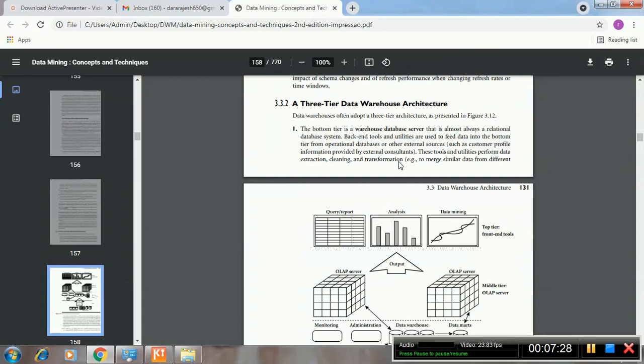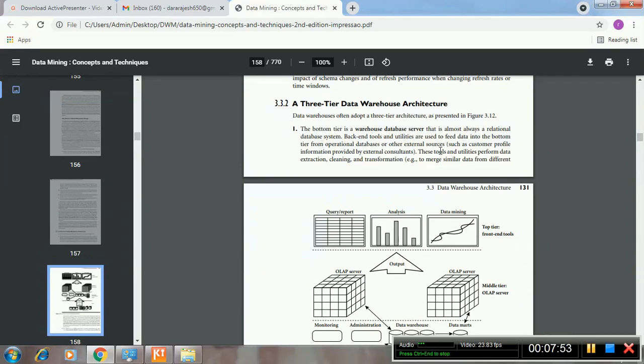You can clearly read all the points we have in each and every tier. The bottom tier is a data warehouse database server, which is almost always a relational database system. Backend tools and utilities are used to feed data into the bottom tier from operational databases or other external sources.